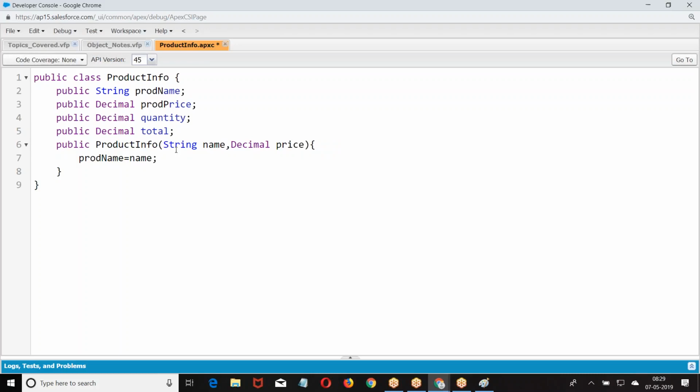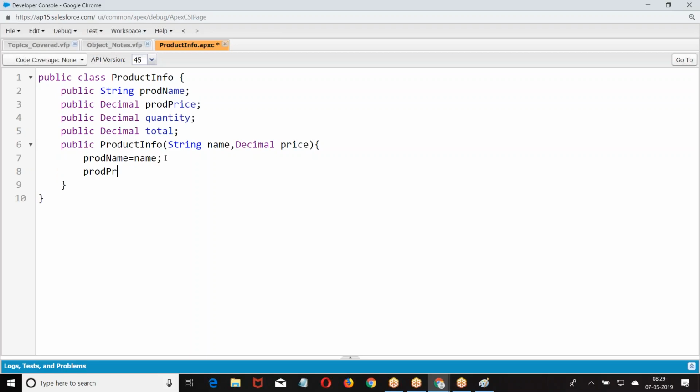Whatever the value of the name you are giving here, that value I want to assign here. Whatever the value of the price you are giving here, I want to assign here. Now, I am not taking my own initial values. I am taking the initial values that you are giving. Whatever values you are giving, the same values I am taking as initial values.